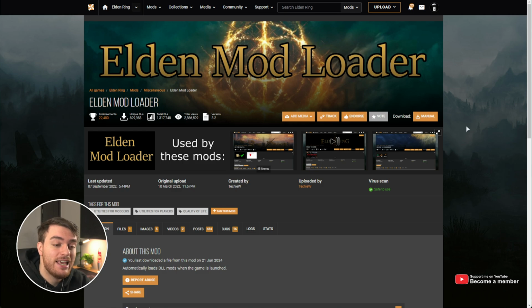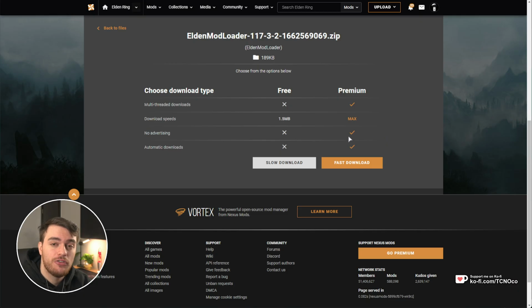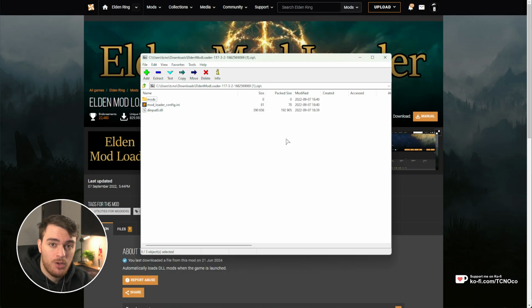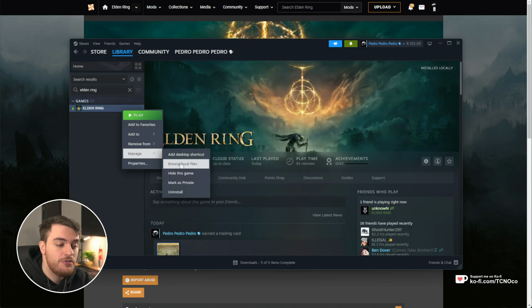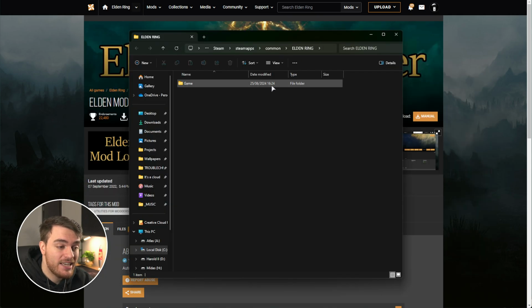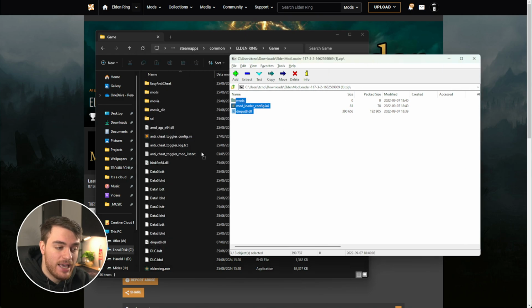Alright, so installing the Elden Ring mod loader. Simply head across to the first link down below and choose manual download over here. Then make sure you're signed in and choose slow download. Once it's done, we'll need to place these files in our game folder. So right-click Elden Ring in Steam, hover over Manage, and choose Browse Local Files. Then open the game folder, and we'll simply be dragging the contents of the zip into our game folder